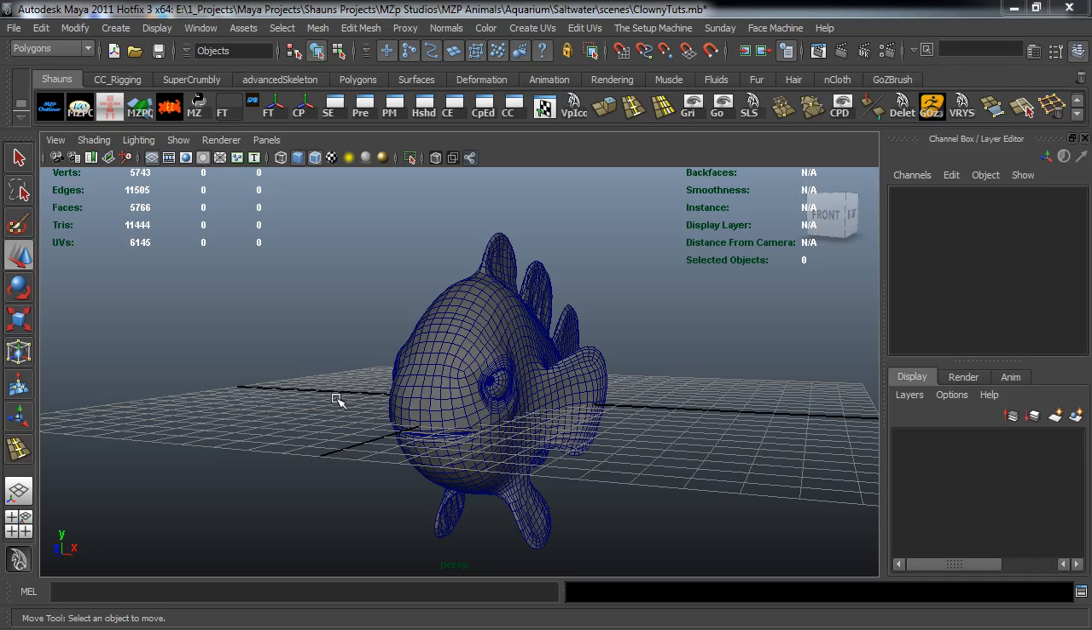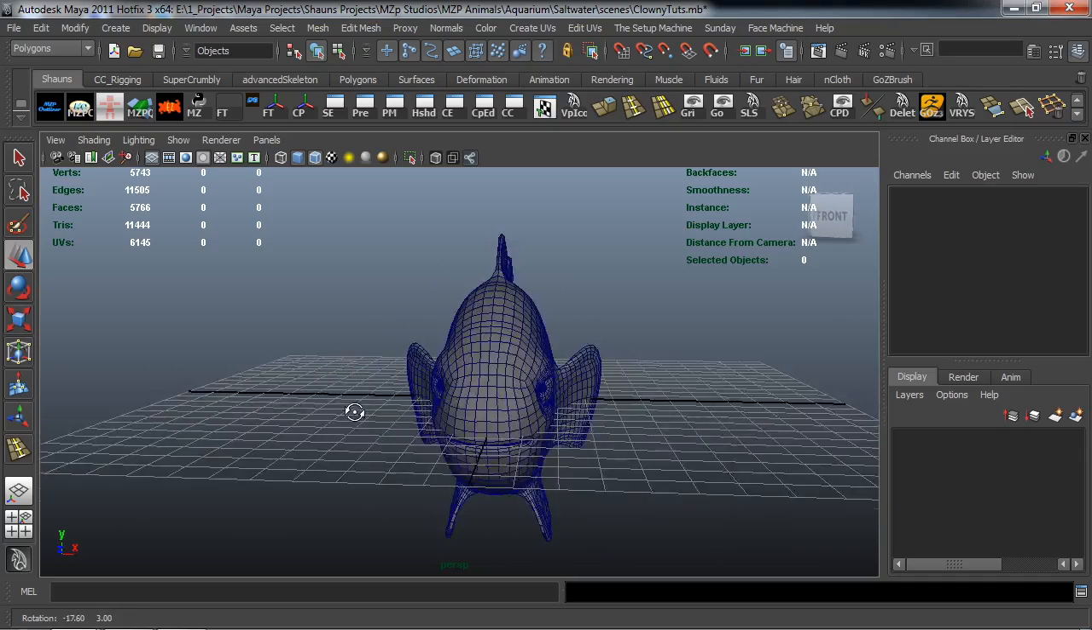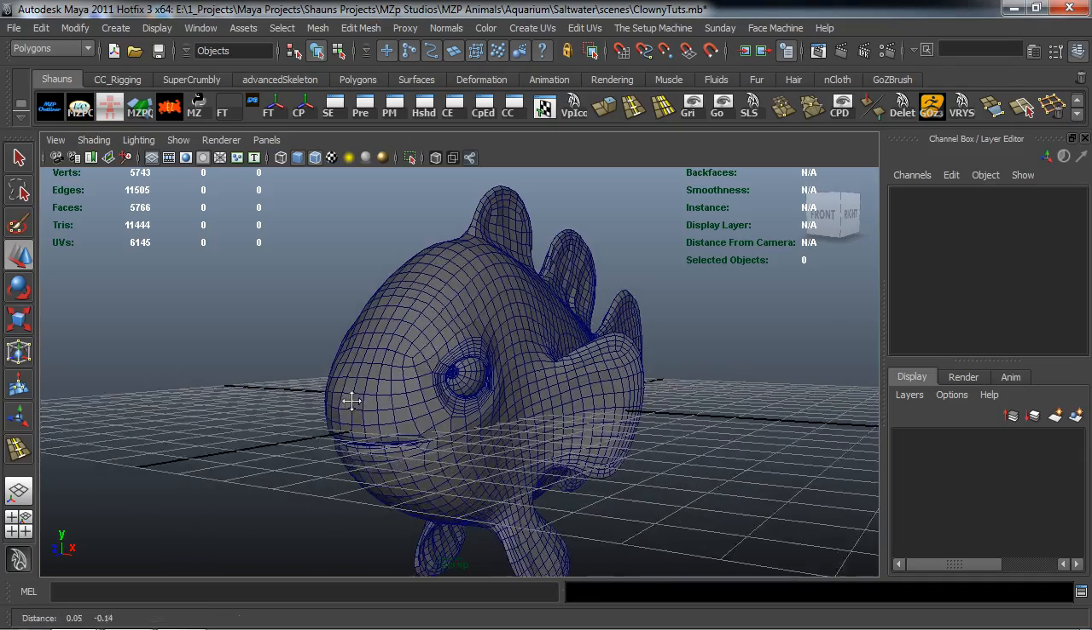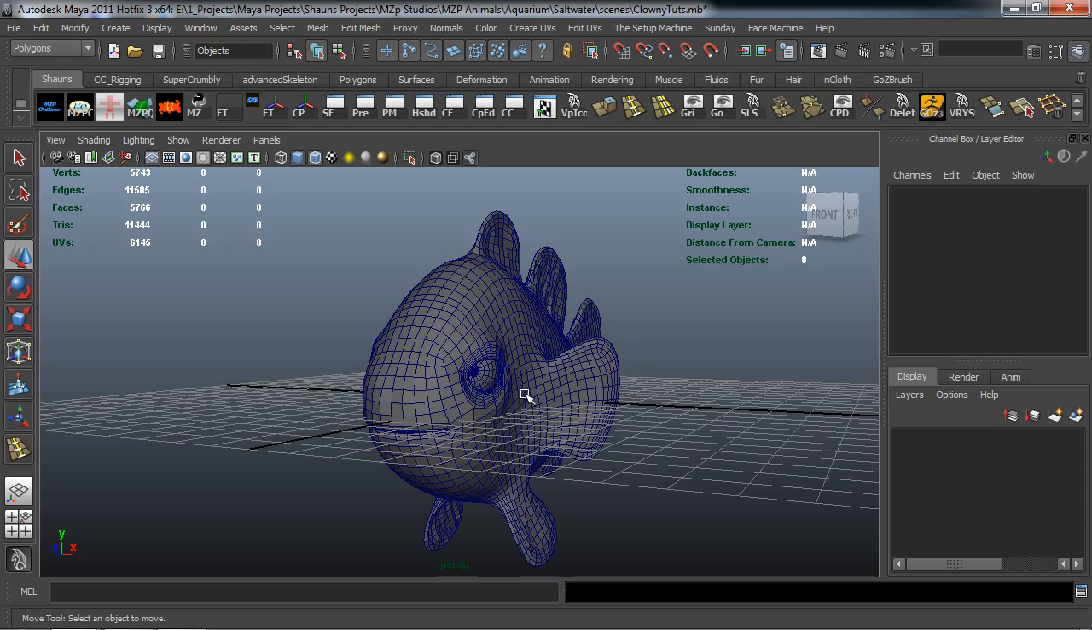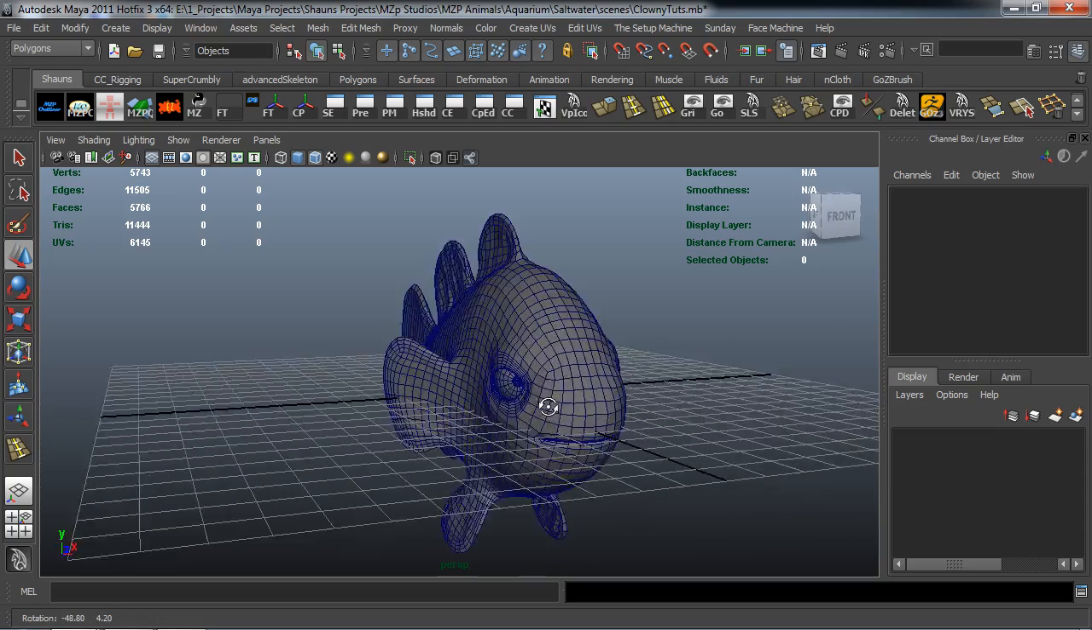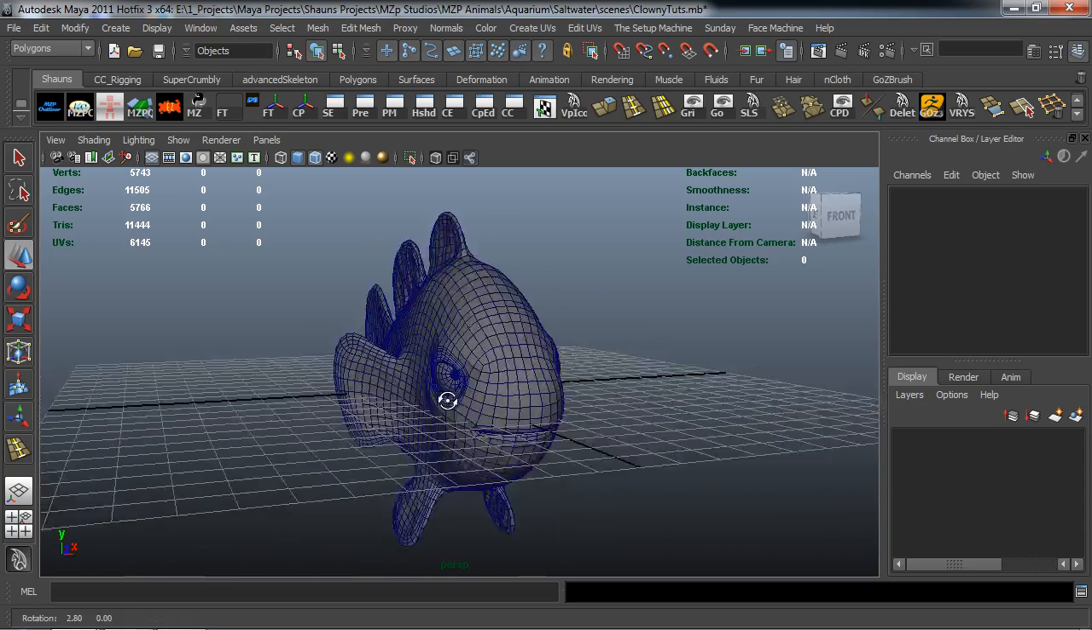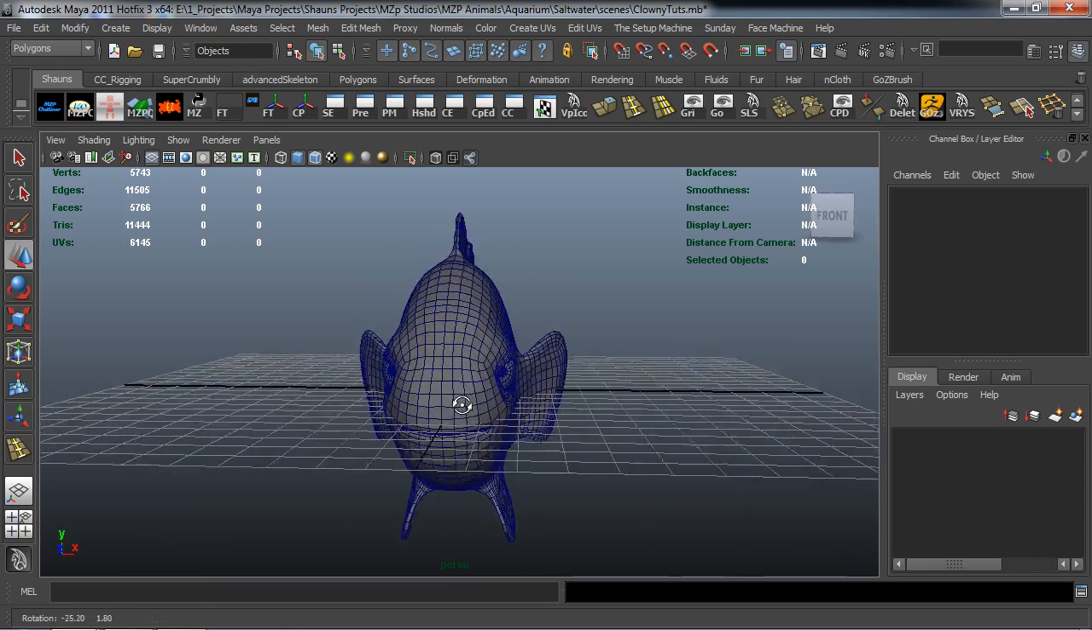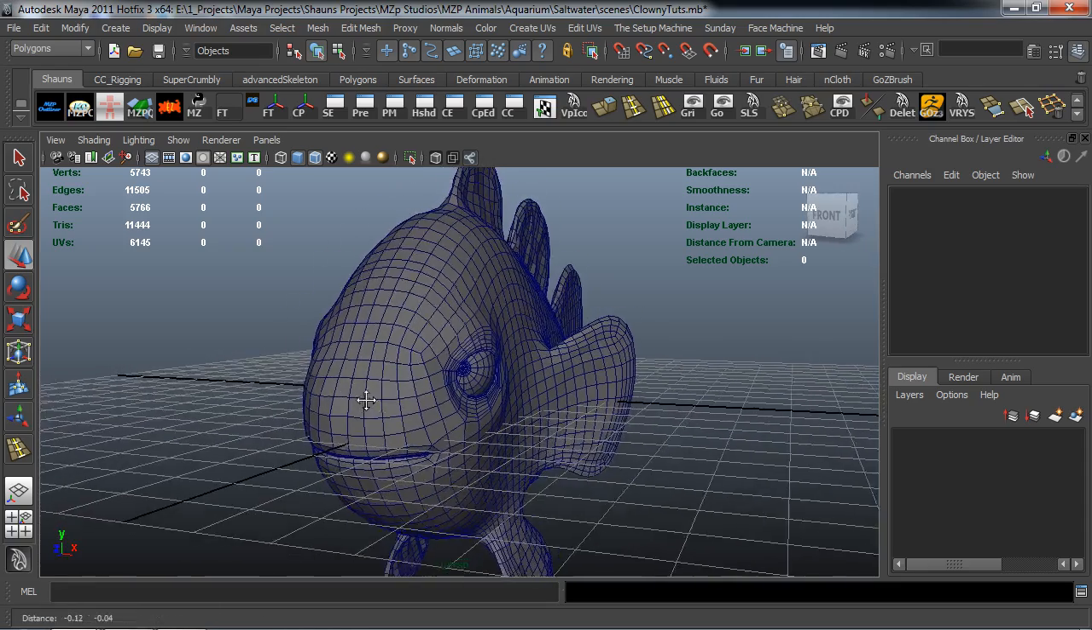Okay, so welcome back here, everybody. And in this lesson, we're ready now to go ahead and do the UV mapping for our fish body and also our fish eyes. I did skip the modeling portion of our fish eyes, and before we actually go ahead and start doing the UV process,